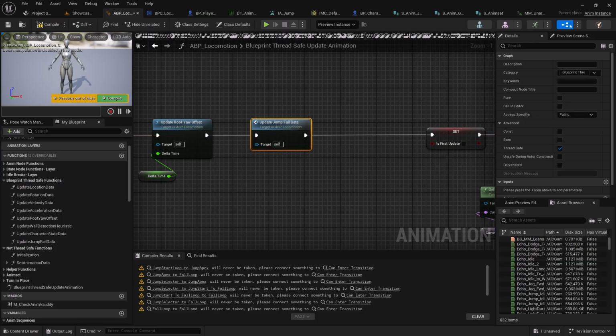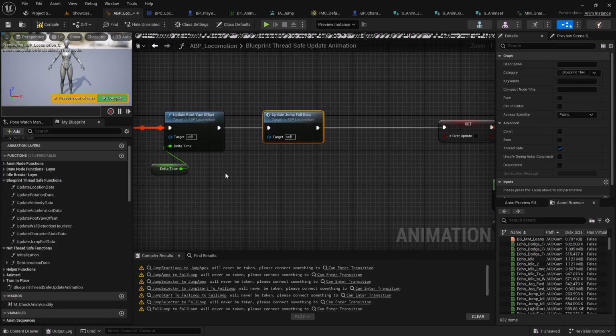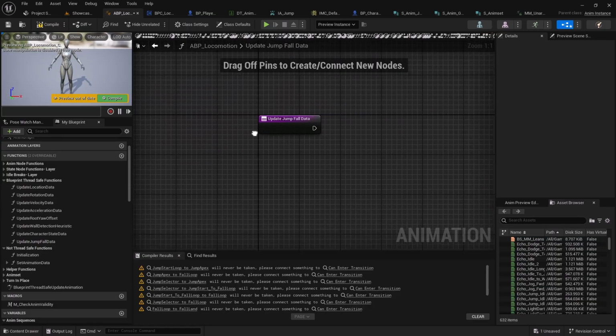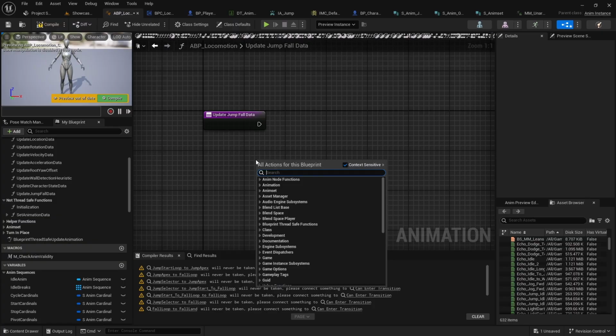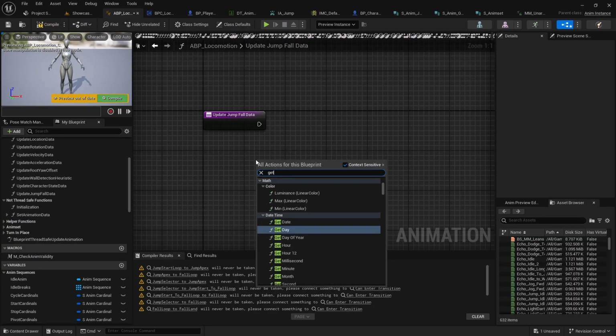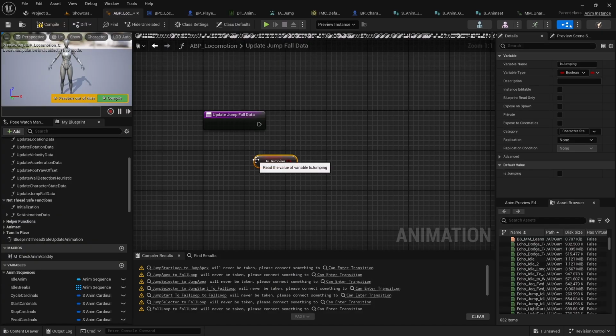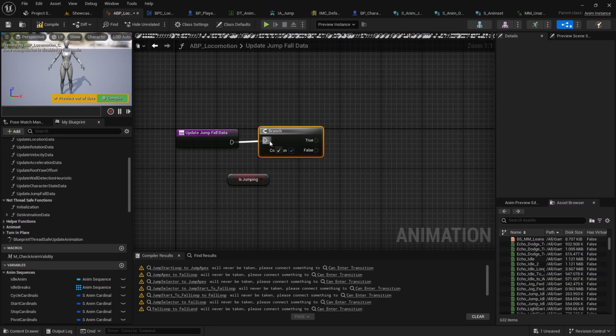Okay, and there, let's go inside it, and let's first check whether we are jumping or not. So if we are jumping,